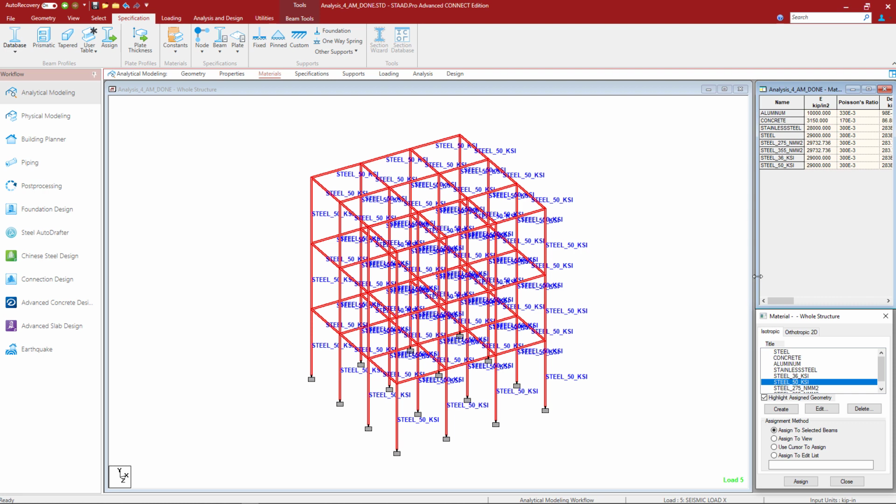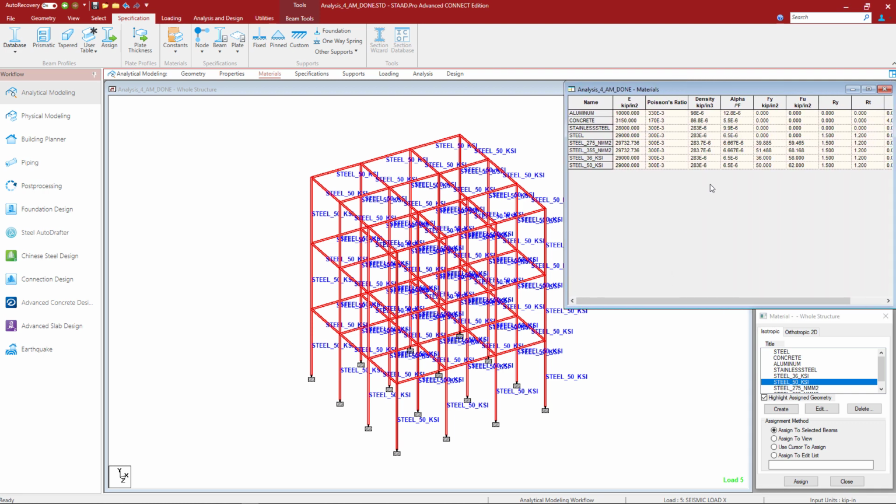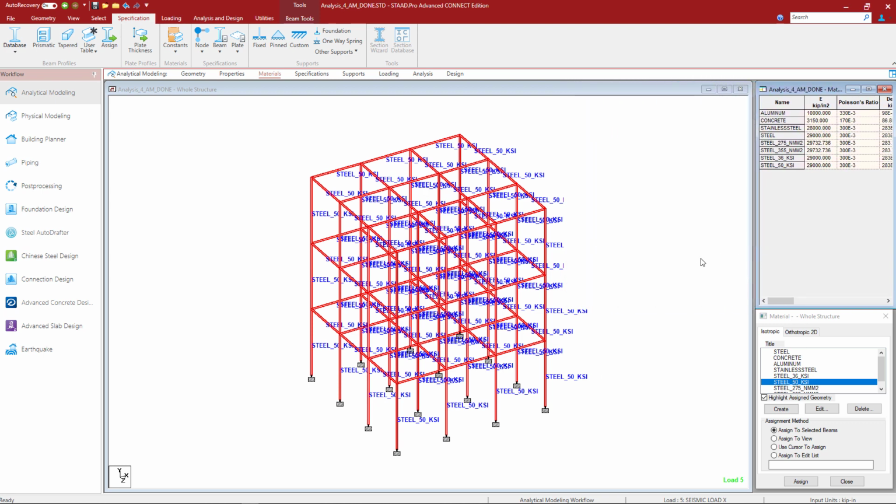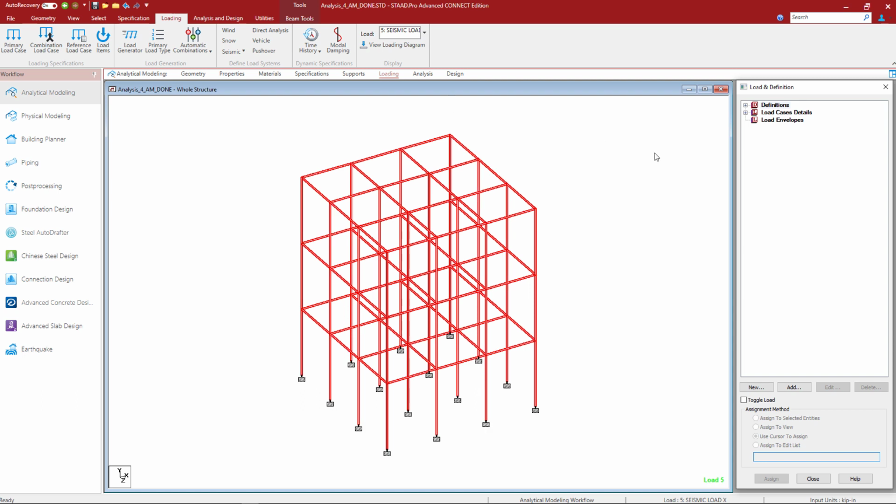Now, if you assign a material property where the yield strength of steel is empty, the program will automatically assign a yield strength of steel of 36 KSI. So whenever performing a direct analysis, you do want to review your material specifications to ensure that they have been assigned appropriately. Let's go ahead and return to the loading area, and we are ready to move on to the